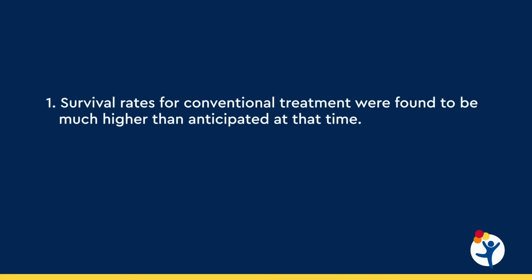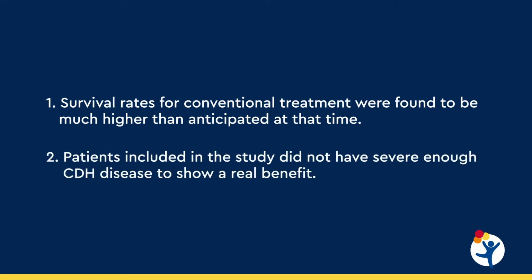An initial study in the United States was performed nearly 20 years ago. This initial study did not show benefit of tracheal occlusion, and those that received treatment delivered at a significantly earlier gestational age. There were two reasons why there was no proven benefit. One reason was that survival rates for conventional treatment were found to be much higher than anticipated at that time. The second reason was that patients that were included in the study did not have severe enough CDH disease to